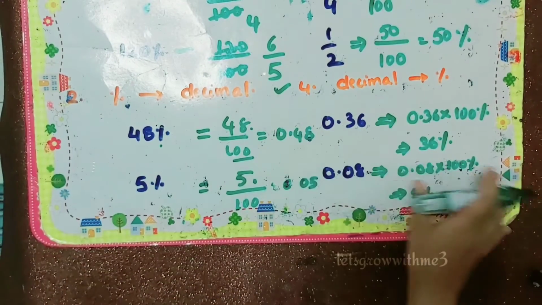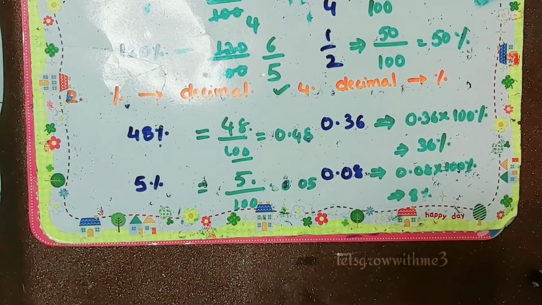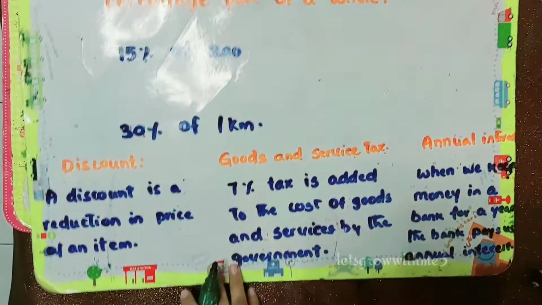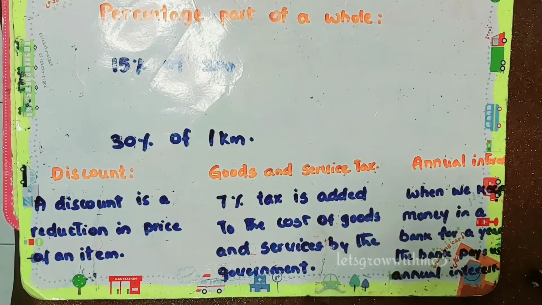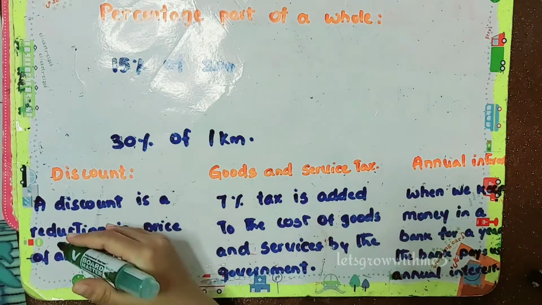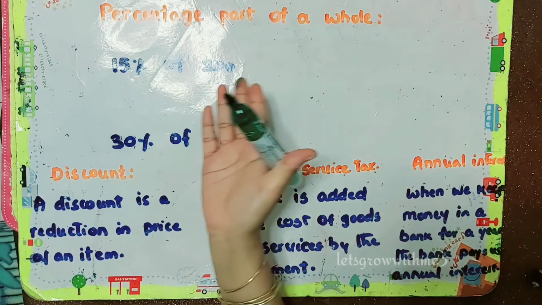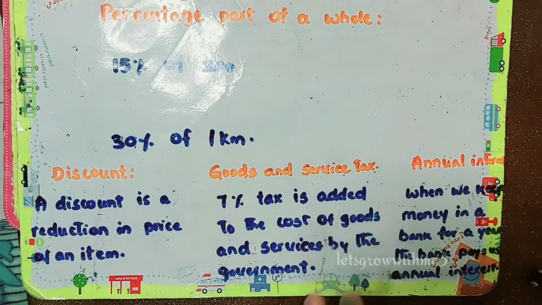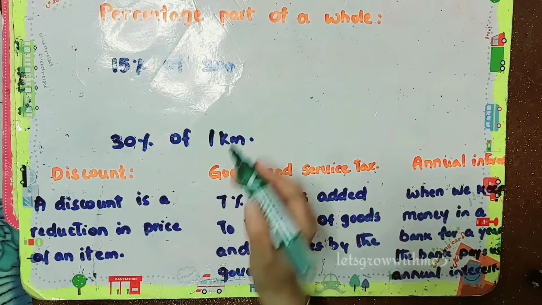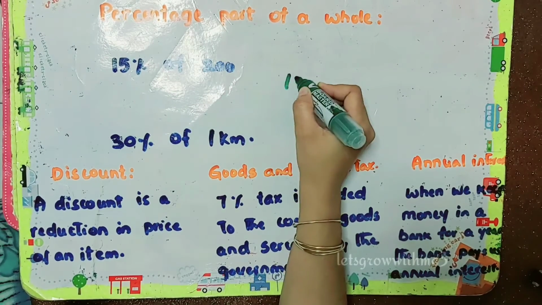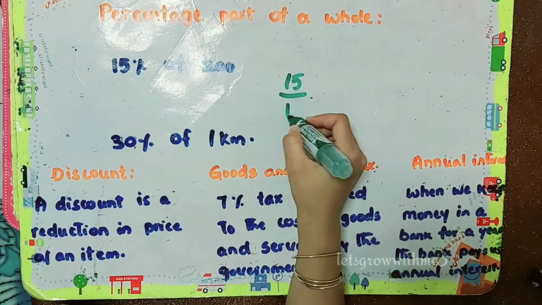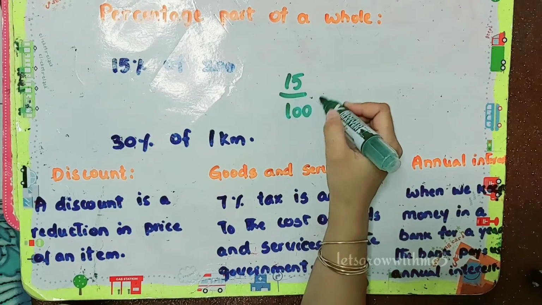So we have done the different conversions. Now let's see applications of percentage. But before that I wanted to show one more thing, not a conversion, just finding the percentage part of a whole. So what do I mean by that? It means how to find a particular percentage of a whole number. They have given some whole value, and they are asking for a particular percentage of it. So you just need to multiply that percentage times that whole value, that's it.